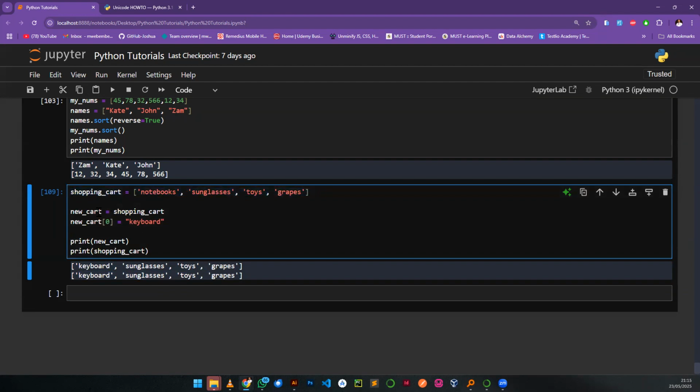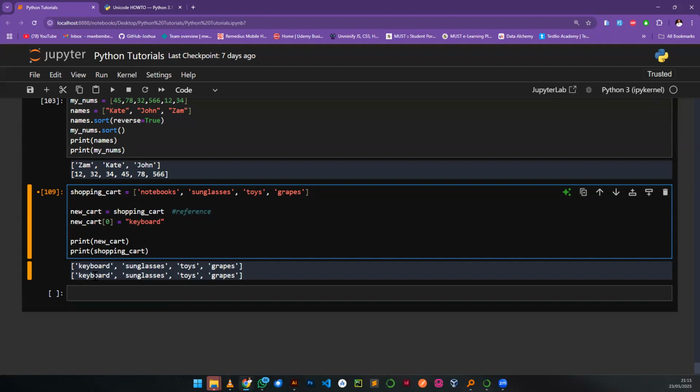You have said, I want a new cart, which is no problem, to equal shopping cart. So here you are using what they call reference. So you have not copied this list so that you can change it the way you want. What you have done is you have referenced it in memory, and it is going to change the original